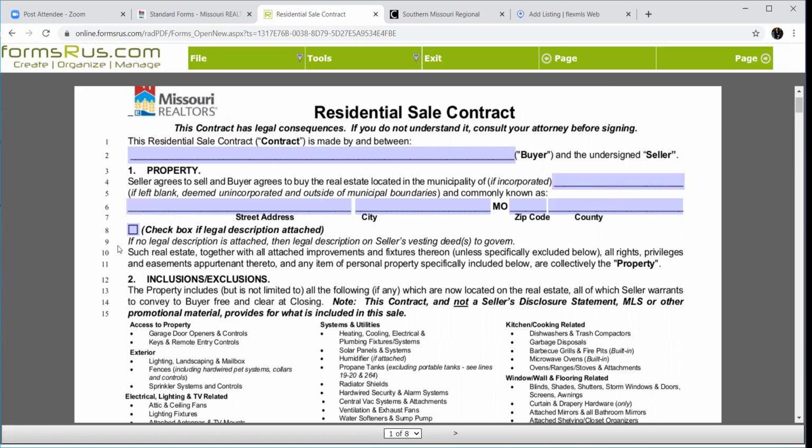Legal description, just as it was on our seller's employment agreement, I want you to just leave this blank because it defaults to the seller's vesting deed, which means it defaults to the title company, which is where I'd rather have that liability if the legal description turns out to be wrong, okay? If you do choose to do it, you can check this box, and like if you printed out the CRS tax record, at the top of it, I want you to write legal description and then have everybody sign it so we know why that particular document's attached. But in the long run, I would encourage you just not to even attach it at all.